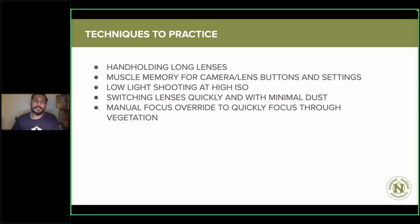And of course, there are some techniques that I would advise you to practice before you get on that plane to India. And number one, of course, would be to practice hand holding your long lenses. Go get familiar with your telephoto lens, go shoot birds in a park around your home, practice on your pets, practice at your local zoo,